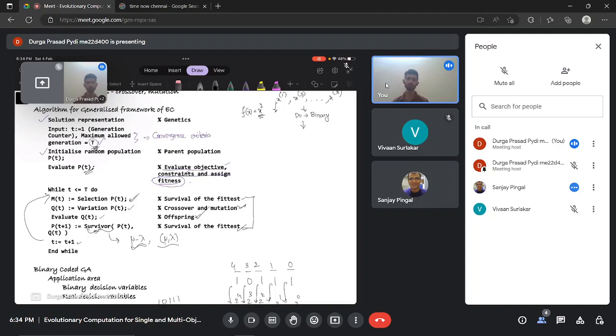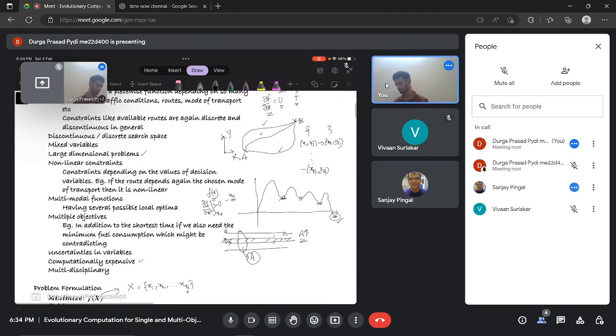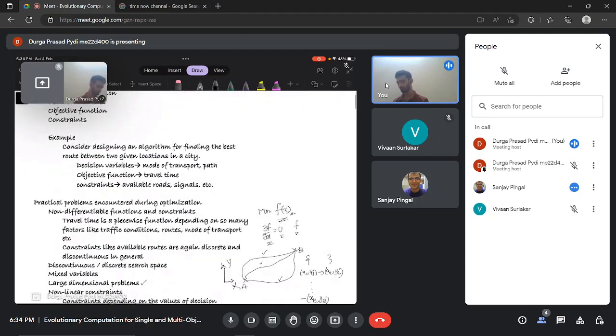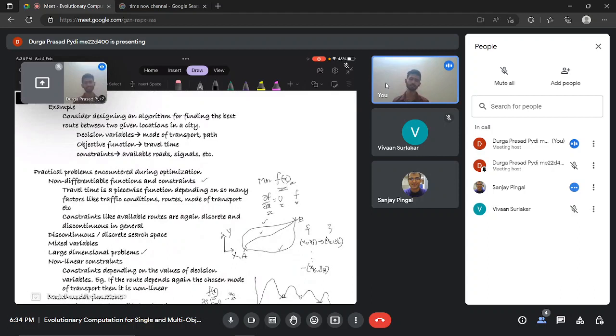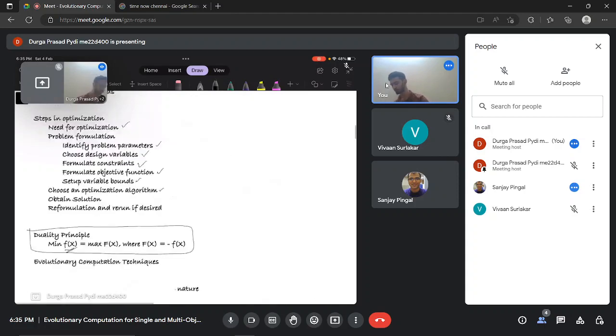If you go through the lecture videos, there are some nice animations of different functions. The professor has described various standard functions you use for this. One of the challenges we discussed previously was non-differentiable functions and constraints. So he has taken some problems like the Rosenbrock function and the Ackley function. These are essentially the standard functions which you test any of these optimization algorithms on, to decide whether they are converging to some of the local optima. He has shown how the solutions move. To just give you a brief idea,